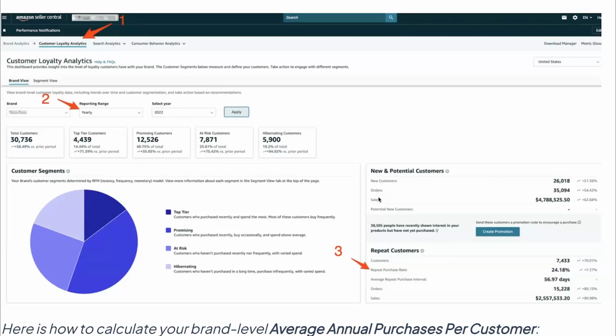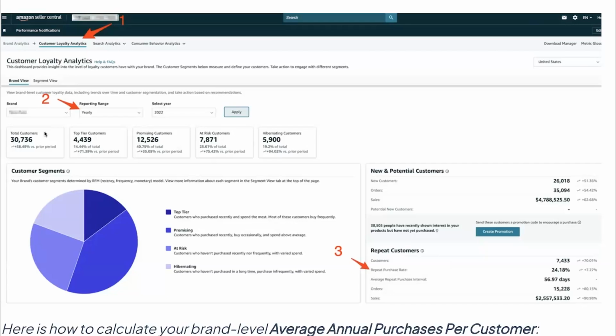You can see here, they don't actually give you the repeat purchase rate for your customer base. You have to calculate it by taking the orders from new customers, adding it to the orders from old customers, and then dividing it by all of your customers, right? So it's kind of interesting. I'm sure Amazon's going to be expanding on this and refining it for sure. But think about what the key metrics are for you, and then you should be able to get the answers through this dashboard by doing some simple calculations.